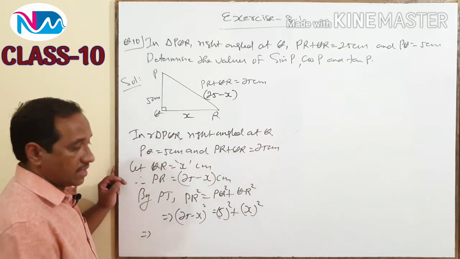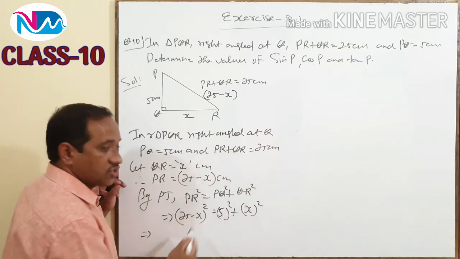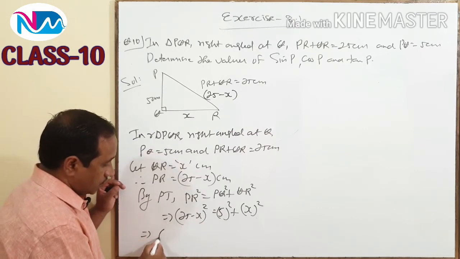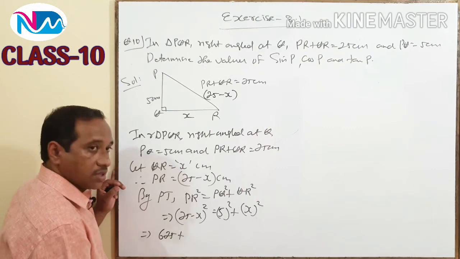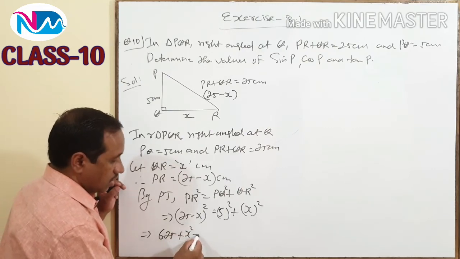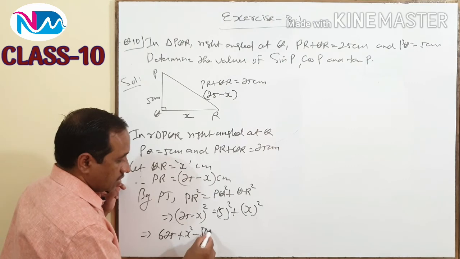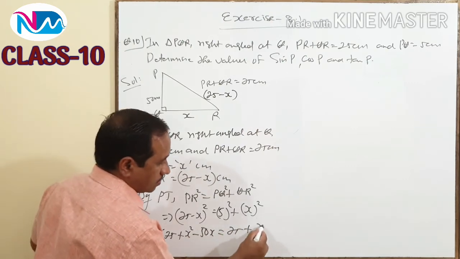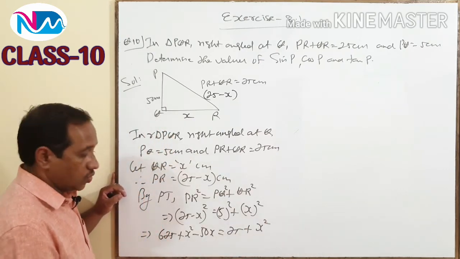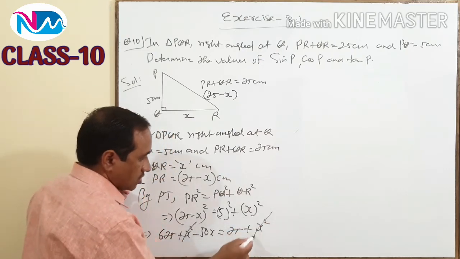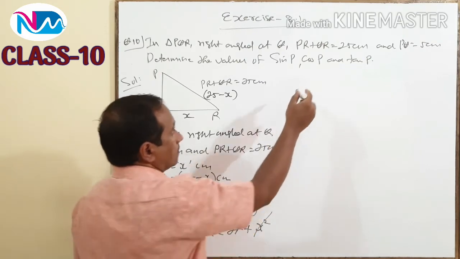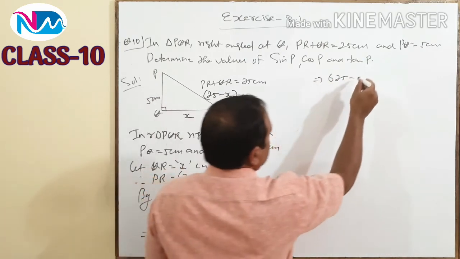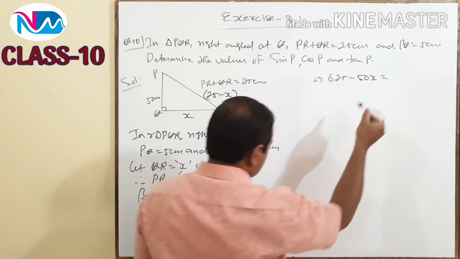This 25 minus X the whole square is to be expanded by A minus B the whole square, and you will get 25 square, 625, plus X square minus 2 into 25, 50X, is equal to 5 square, 25, plus X square. Now you can cancel X square from both the sides, and we have 625 minus 50X is equal to